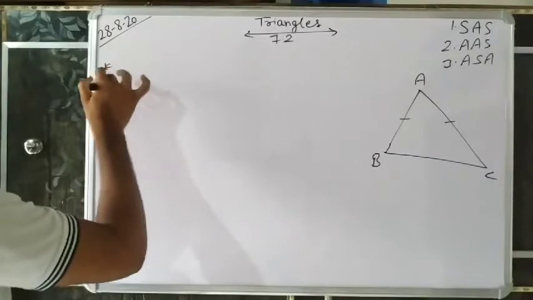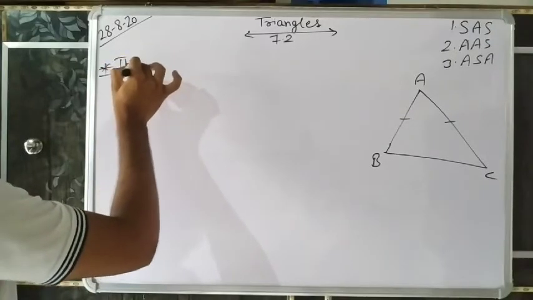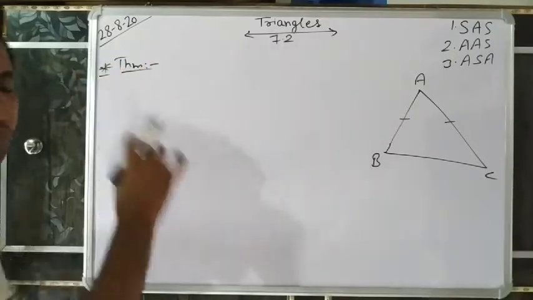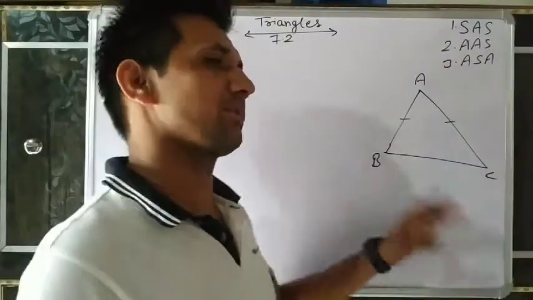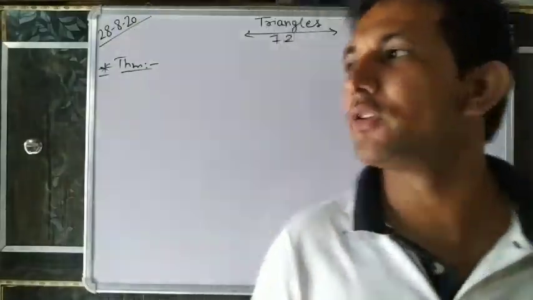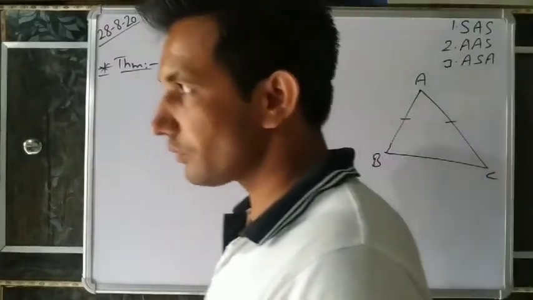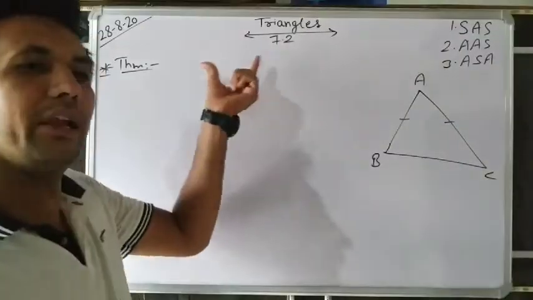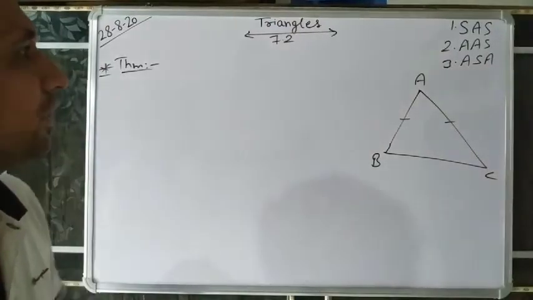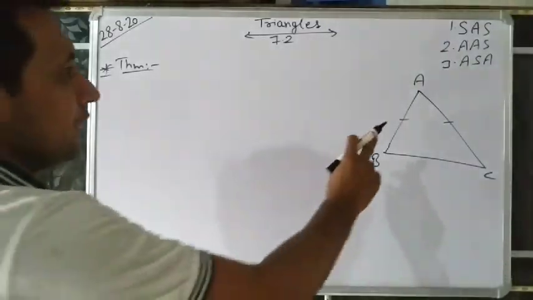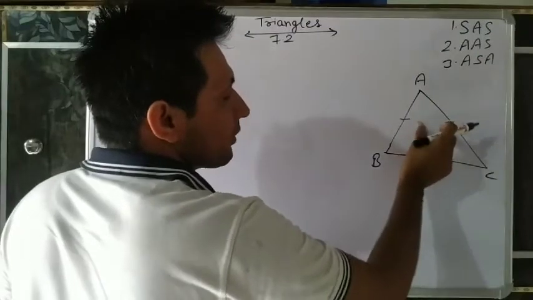Now, what is our theorem? Its proof is not in our syllabus, but I will explain it so everyone can understand it. We only have to remember this statement. What is given? We know these are the two equal sides, and